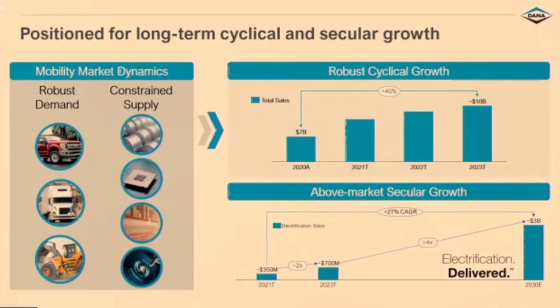But if you look beyond that, our electrification business will contribute about $700 million. And those are real electrification sales. They're booked sales on real programs that are going to come to fruition in the next couple of years here. But we expect it to quadruple again by the end of the decade. And we expect the electrified business within Dana will represent about a quarter of our sales and be about $3